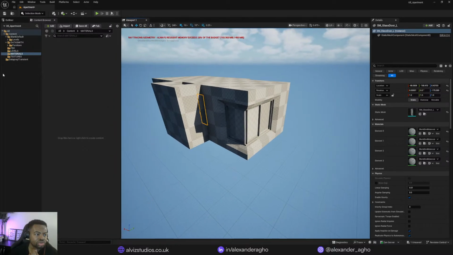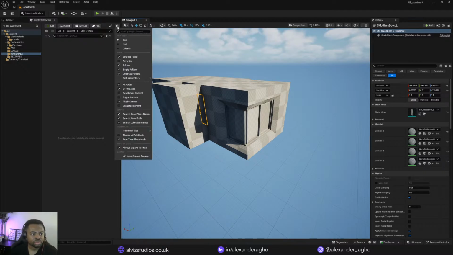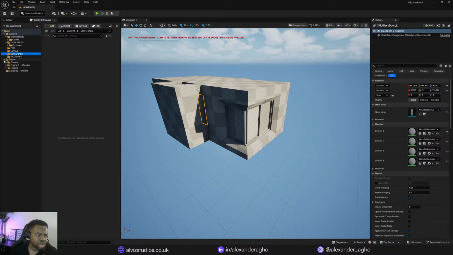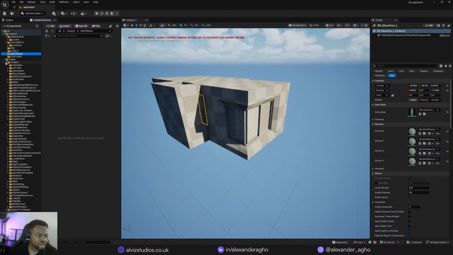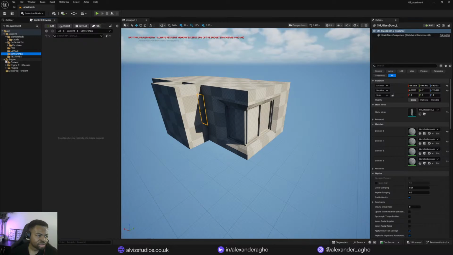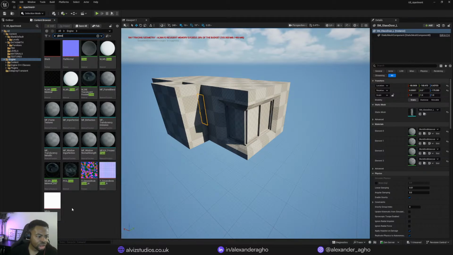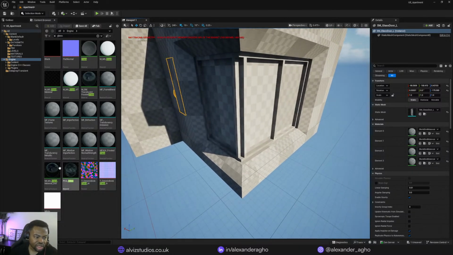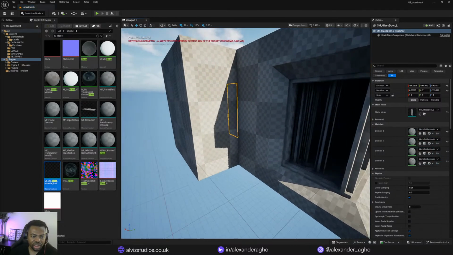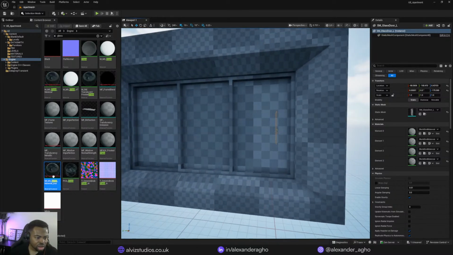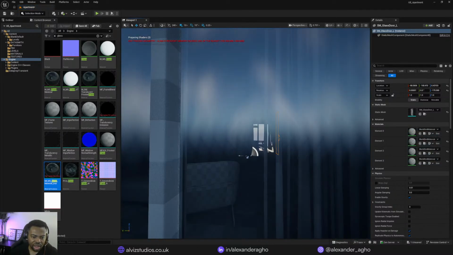To show your engine folder in your content browser, you see this gear icon. Click on it, and enable engine content. So you can see it here. With the engine content enabled, you want to scroll down. There are lots of folders, so it's best to just search for it. I'll click on engine content and type glass. Let me see, this MI_MS_Glass. I will just drag and drop it on the curtain wall here and the other side here,